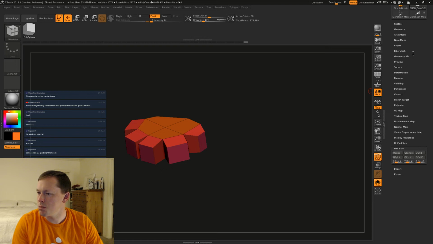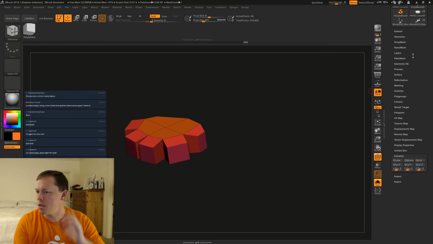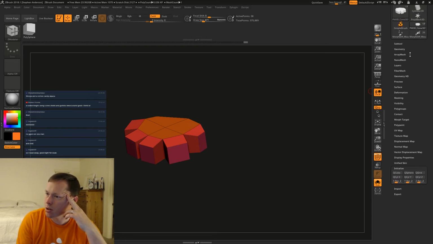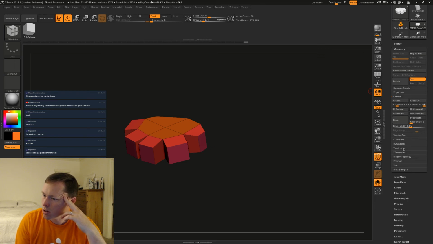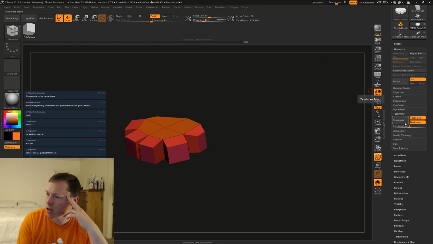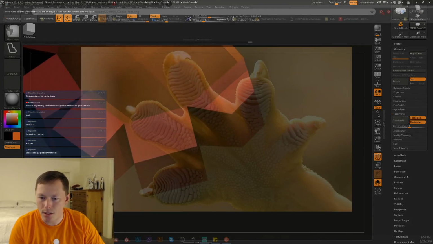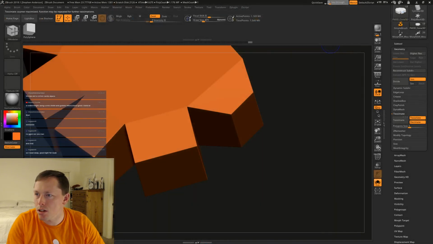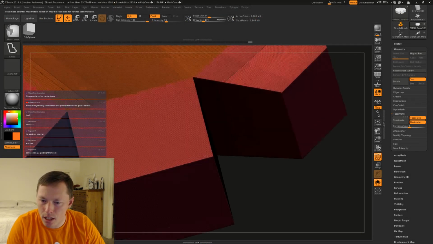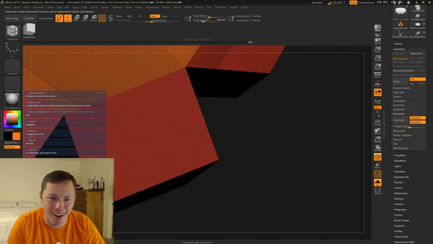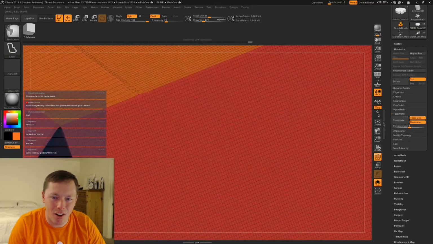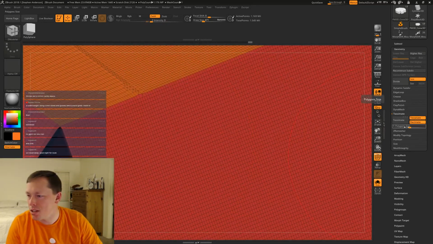Let's see if I can try something new. There's supposed to be this tessellate option. Okay. Okay, that's way dense for what I'm wanting. Let's turn off the see-through. I can't see. Okay, way dense.